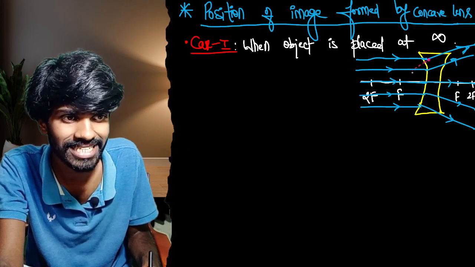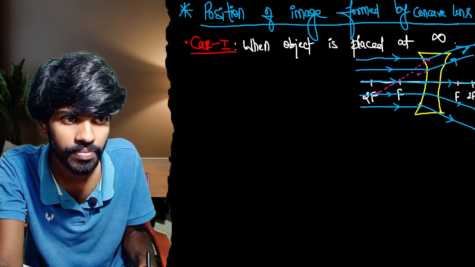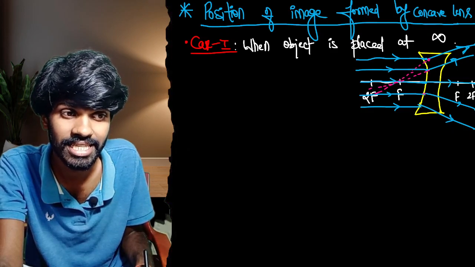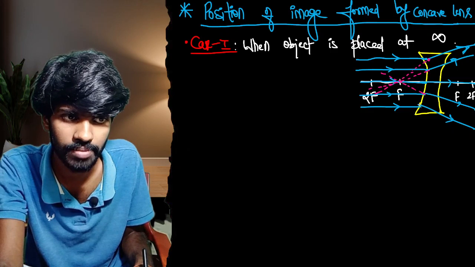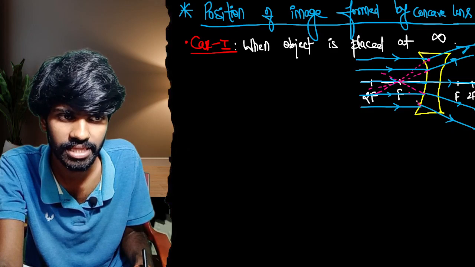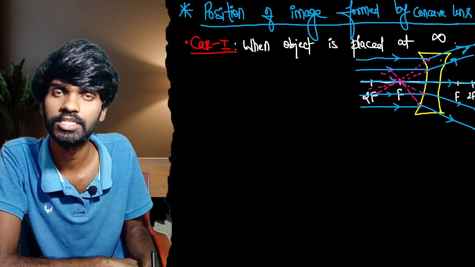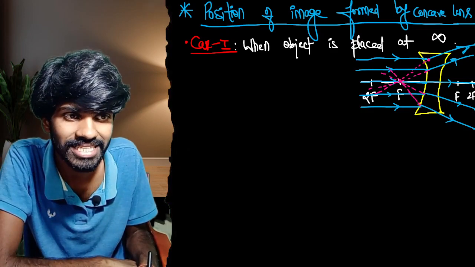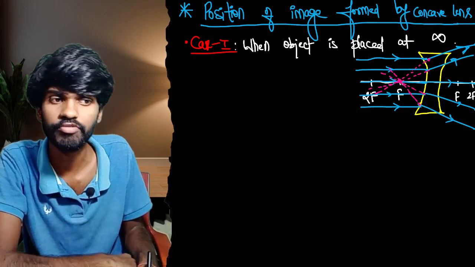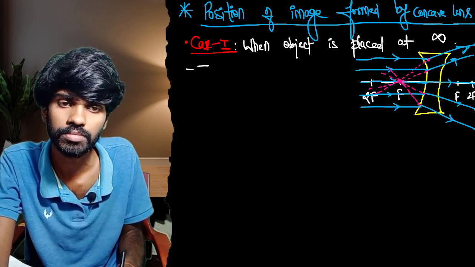Here, if you extend this refracted ray, you will see that they seem to be coming from a certain point. That point will obviously be focus, because in the rule we have studied before, you will see that these rays will appear to come from the point focus. Okay, so image here will be formed at focus,